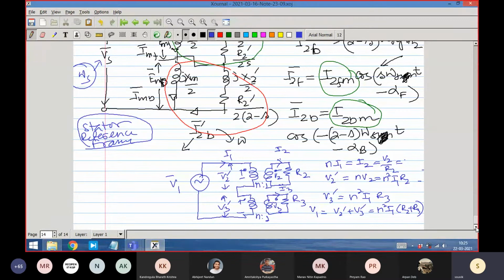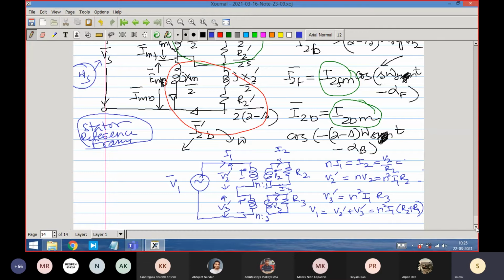Correct. Even the stator, it is correct. That is what it is. It has been broken into two components. One is omega s plus omega s, another is minus omega s. When you see in the rotating reference frame concept, this current, if you break it down into two things, that means when we write in the structure of omega s t minus theta, then we say that there is a forward rotating and there is a backward rotating.